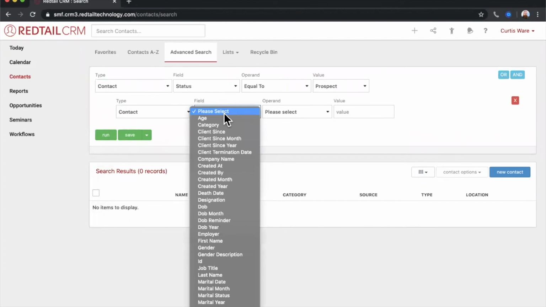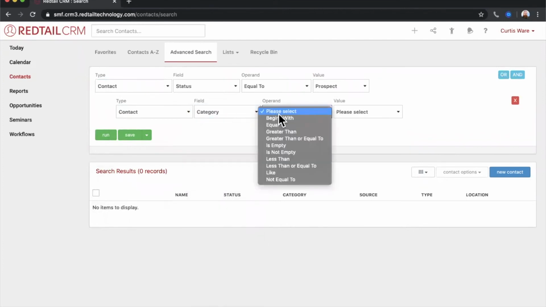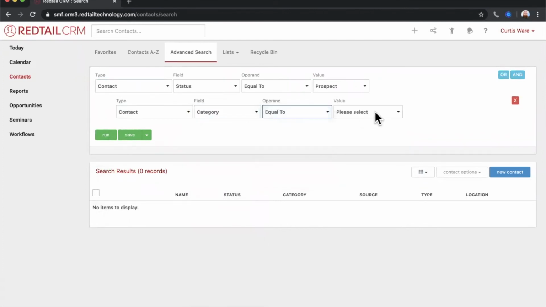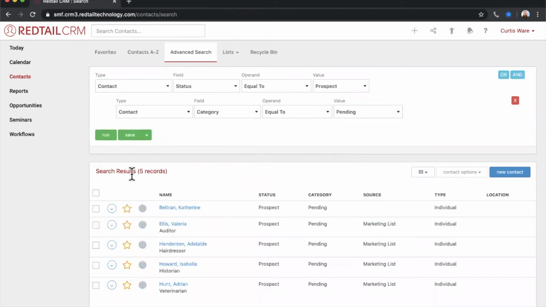All right, so now that I've changed some people over, I'm going to run that search again of contact status equal to prospect and category equal to pending. What this means is these are the prospects that are currently scheduled to have an onboarding meeting, so they're pretty far in the process. If this is a list that you want to run on a regular basis, what I definitely suggest, because these contacts are not designed to always be prospect pending,